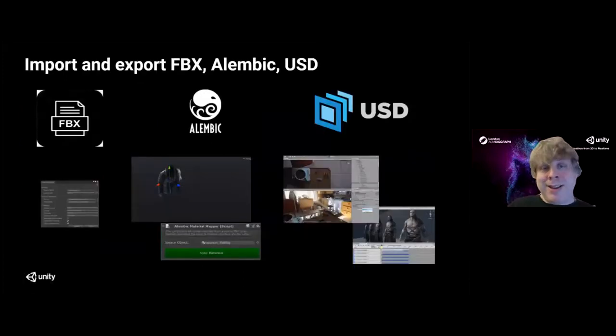File: how do you get your stuff in and out of Unity? Well, we can take in all major file formats now. Alembic is the standard one. Alembic is the one for the visual effects industry. But one thing about Alembic is, a lot of people don't realize this. You work in a big studio, you work in an animation studio, the pipeline. Alembic is just geometry, and it's very heavy.